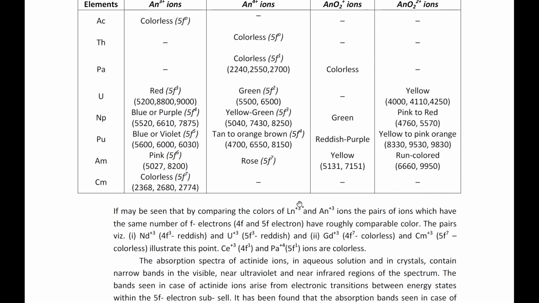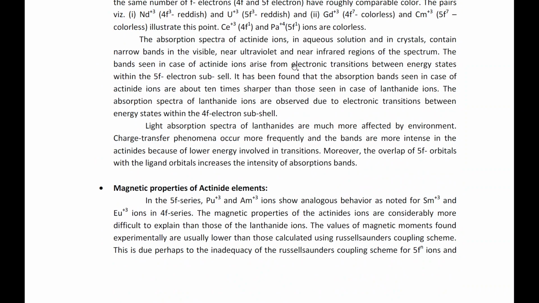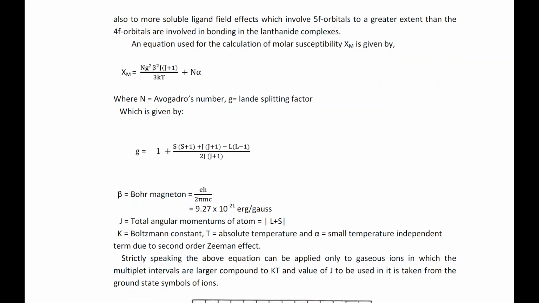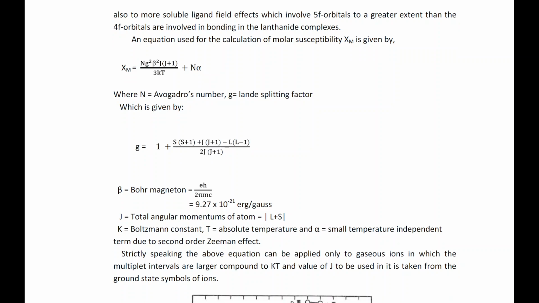Then there is the concept of magnetic moment. Magnetic properties of actinide elements: Pu3+ and Am3+ ions show analogous behavior as noted from Sm3+ and Eu3+ ions in the 4f series. The magnetic properties of the actinide ions are considerably more difficult to explain than those of the lanthanide ions. The values of magnetic moments found experimentally are usually lower than those calculated using the Russell-Saunders coupling scheme. This is due perhaps to the inadequacy of the Russell-Saunders coupling scheme for 5f^n ions and also to ligand field effects, which involve the 5f orbitals to a greater extent than the 4f orbitals are involved in bonding in